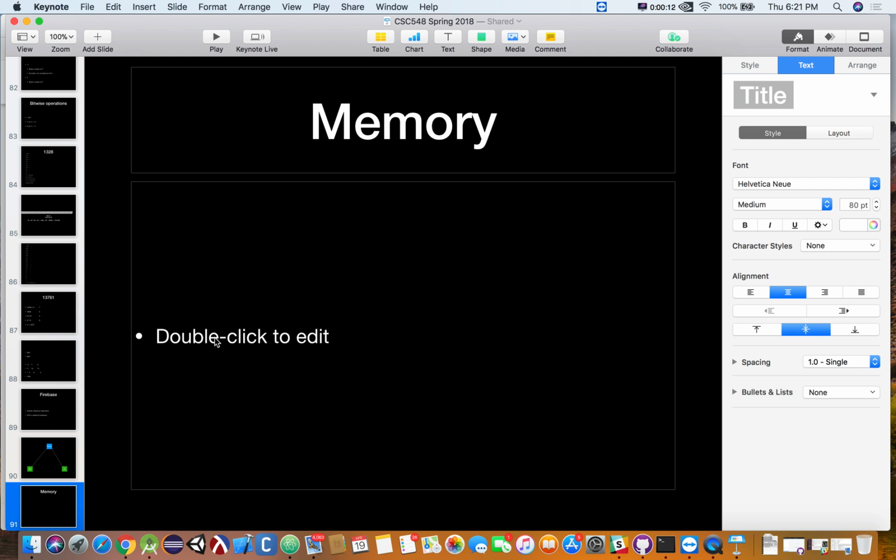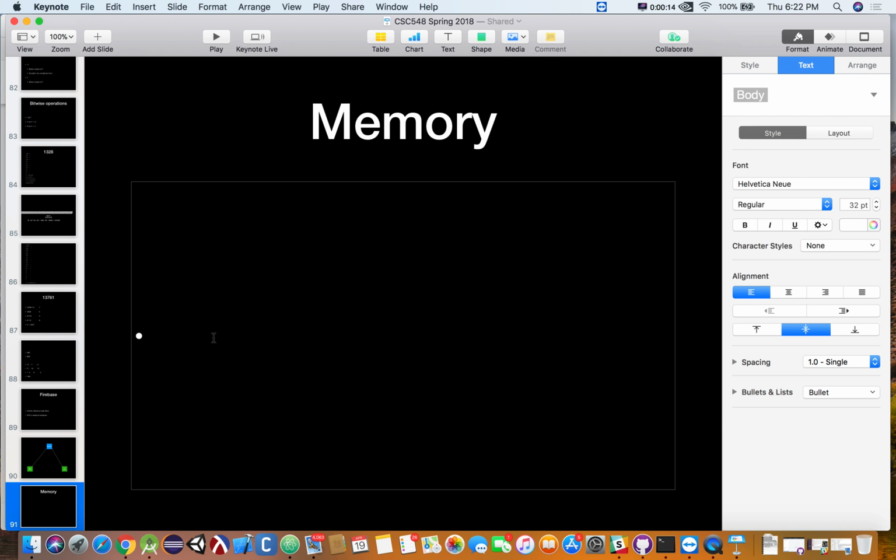But let's talk about memory. When we talk about a computer and how much memory a computer has, what are we talking about? What are some different reasonable answers for how much memory a computer has? Like how much memory does your computer have? 16 gig. All right. Could you give me any other answers for that? 8 gig.